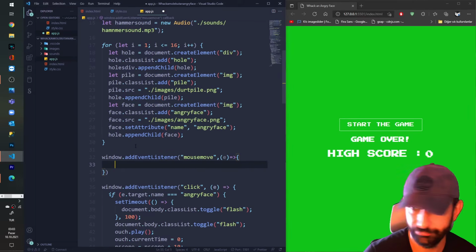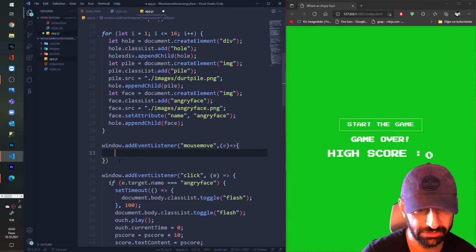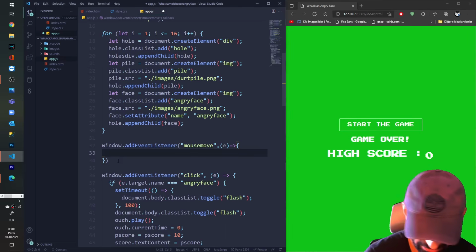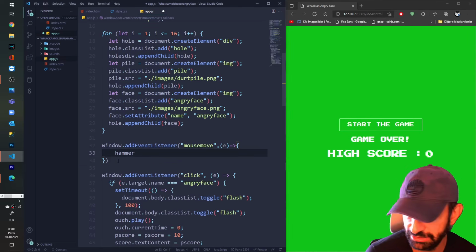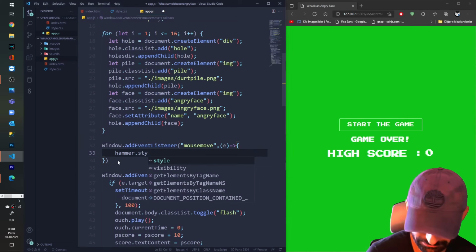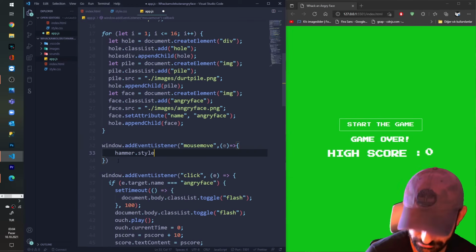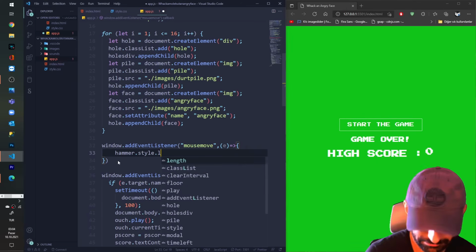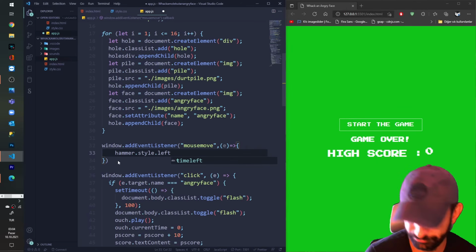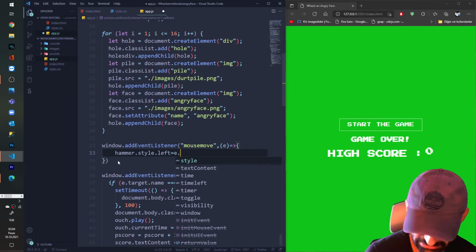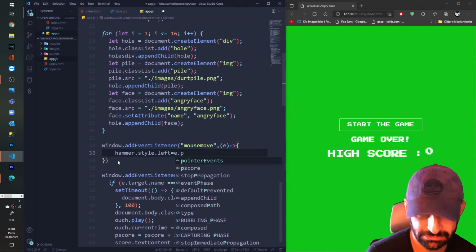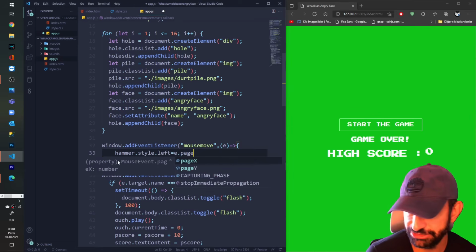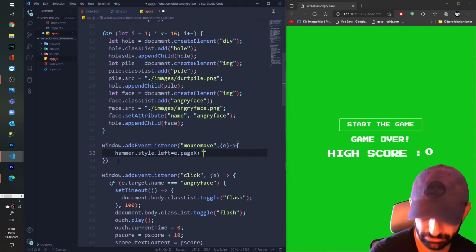Okay, can you see the code? Okay, is it simple? Okay, I say hammer.style.left equals e.pageX plus pixels.